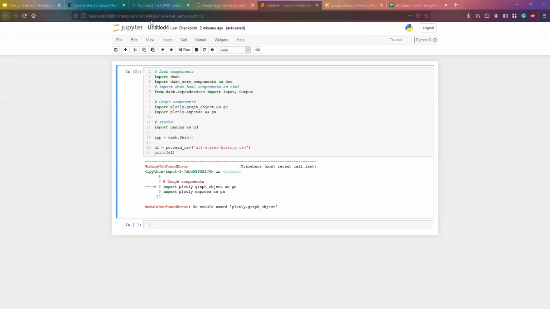Is it possible that if you updated Anaconda you have to reinstall all the libraries as well? Or did you already sort that out? I mean, that's a possibility, but I haven't updated Anaconda on this machine. I was trying to get it updated on my laptop so I could present from my laptop, but